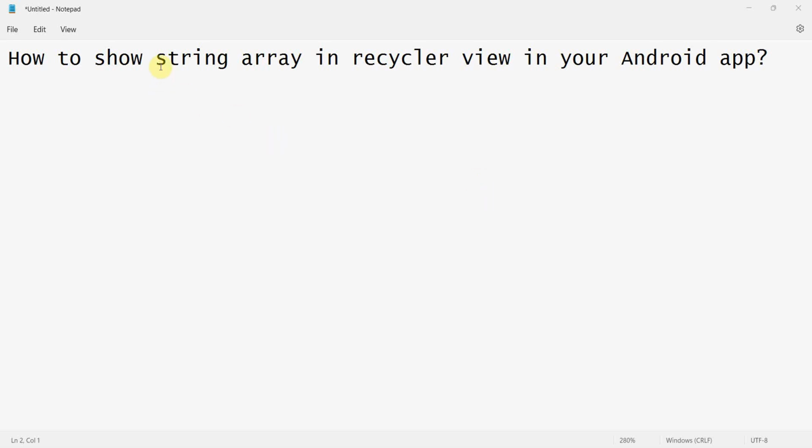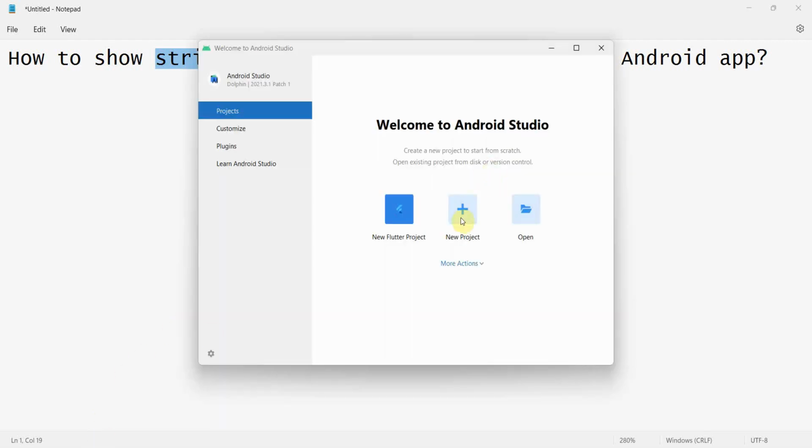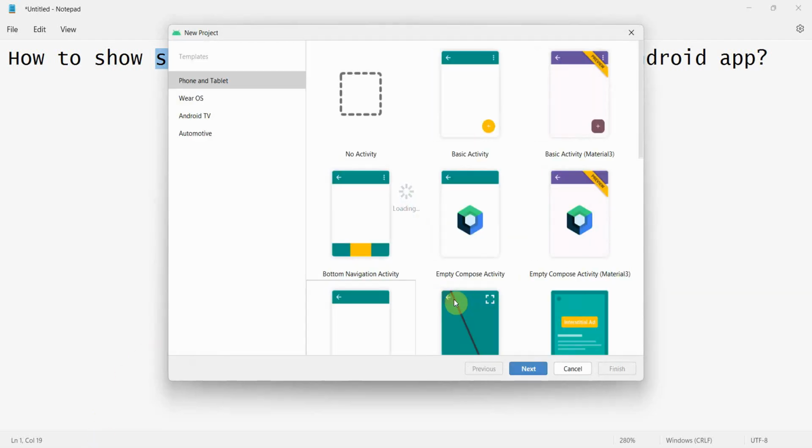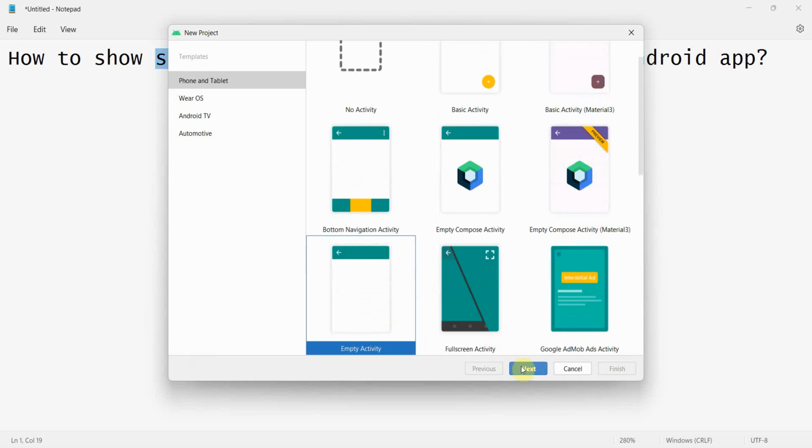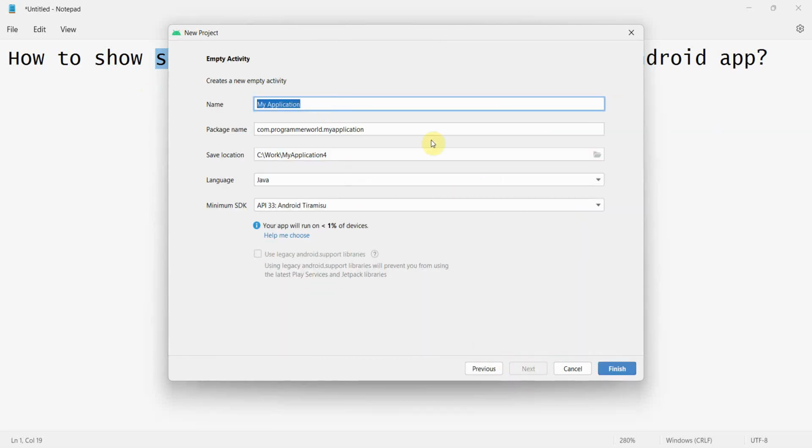In this video, we'll see how to show a string array, an array of strings, in the recycler view in your Android app. So let's begin. We'll create a new project. Layout doesn't matter, and we can name it recycler view